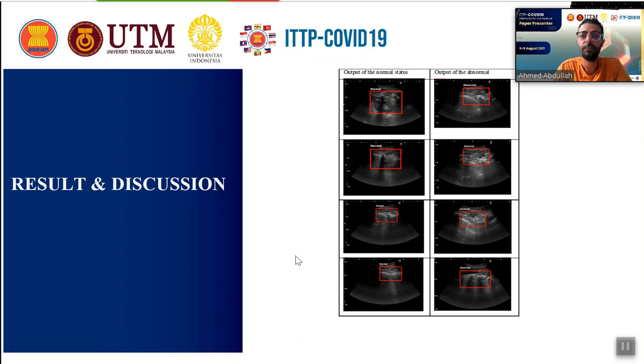All of them I got in my result, and I used software, Python. Here you can see the first of all the images: the first one is the output of the normal and the last one is the output of the abnormal. Next,